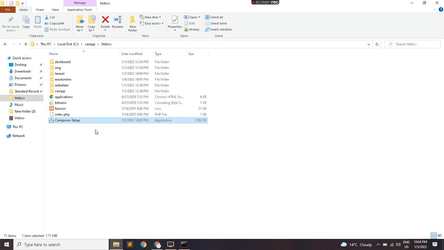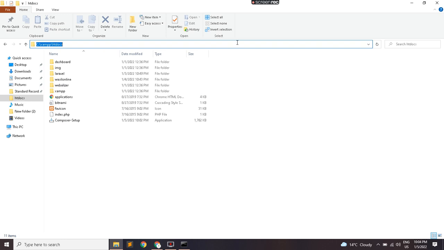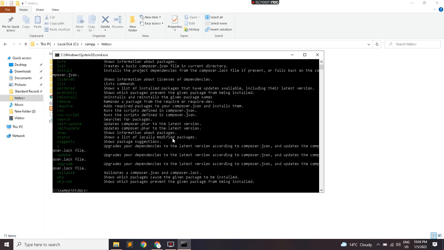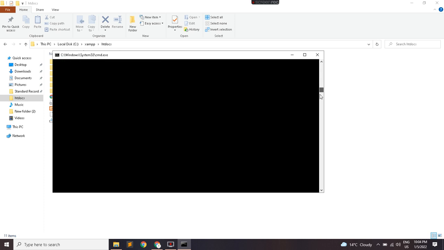Finish here. Now you can see that Composer has been installed, but there are no files appearing here. Because it is installed in my PC, and I want to make it global. If you don't know how to do this globally, I will show you. Go into the command line and just type composer here. If Composer has been installed in my PC, then the Composer window will definitely appear here. So this way my Composer has been successfully installed in my PC.